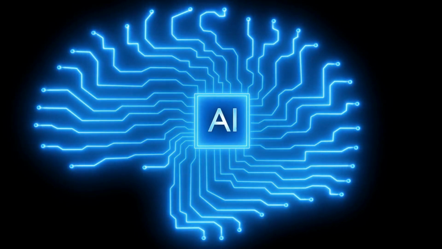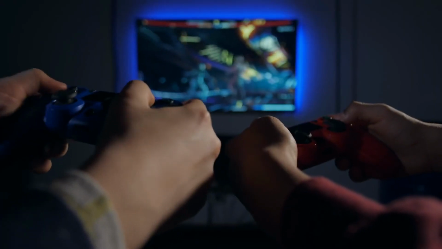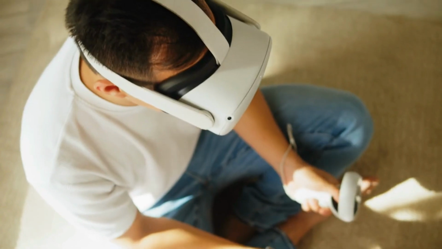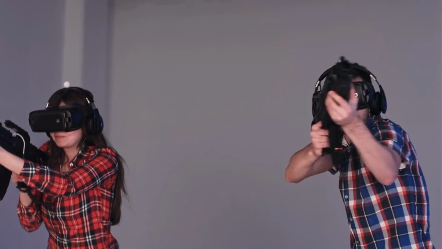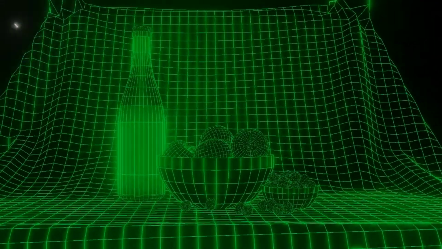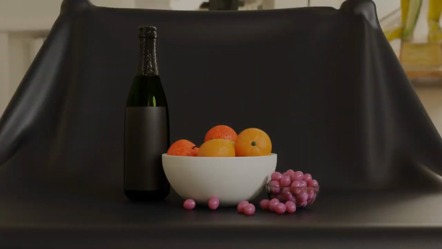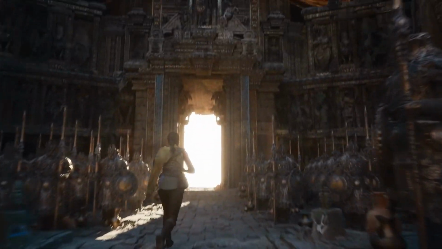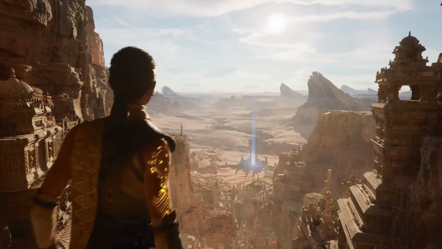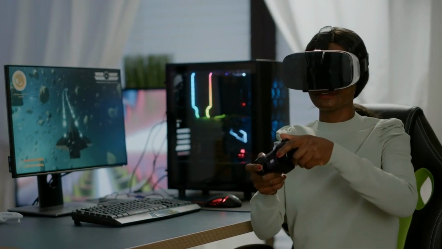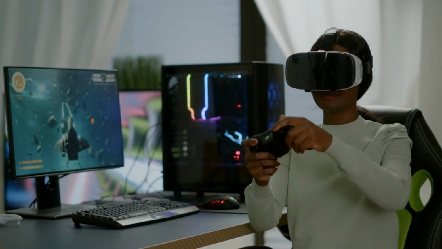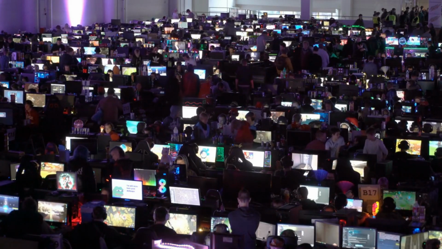Artificial intelligence increases the level of immersion in games by improving non-player characters and adaptive gameplay. As virtual reality, VR, and augmented reality, AR, introduce totally new ways to interact with games, they blur the barriers between the virtual and real worlds. Real-time ray tracing is responsible for delivering an unprecedented level of visual realism. Procedural creation provides gamers with expansive and ever-changing worlds that maintain their interest by delivering one-of-a-kind experiences each and every time. The combination of these technologies not only enhances the overall quality and breadth of video games, but it also paves the way for future developments that will continue to